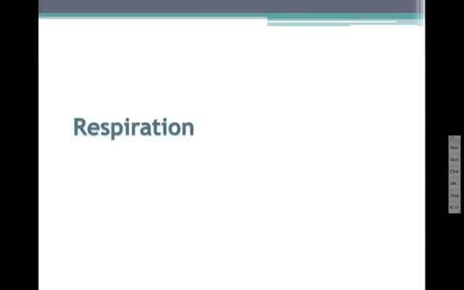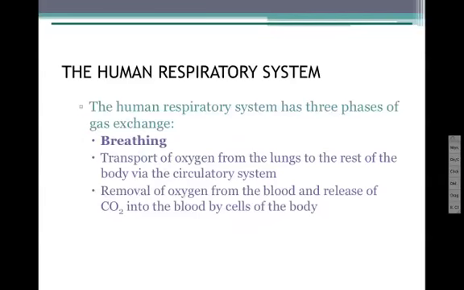Welcome to the human respiratory system, which is the second half of chapter 23 in your textbook. But it is a separate system, so it will be discussed separately, and you have a whole week for this chapter. So when we're looking at the human respiratory system, page 509 in your textbook, there are basically three phases